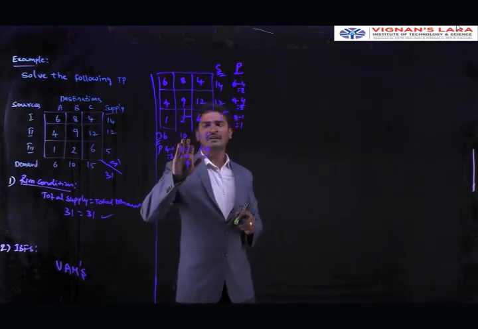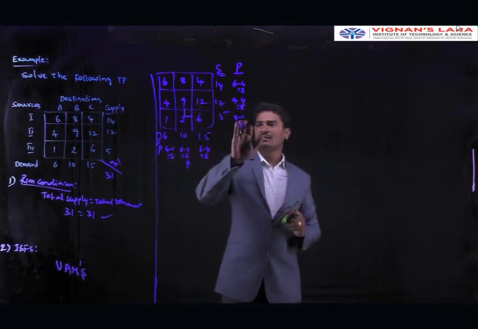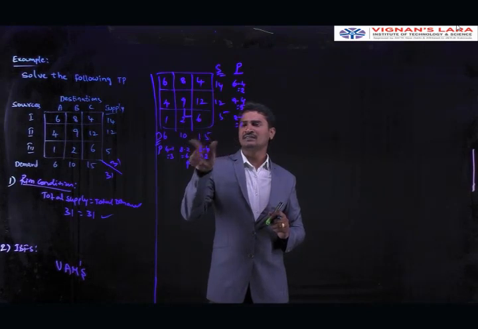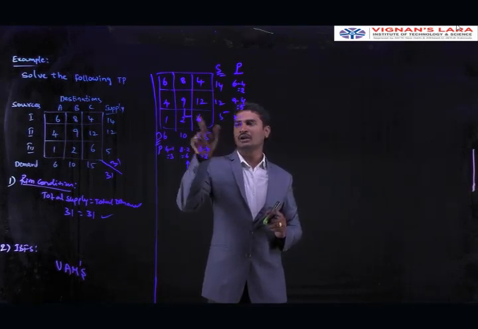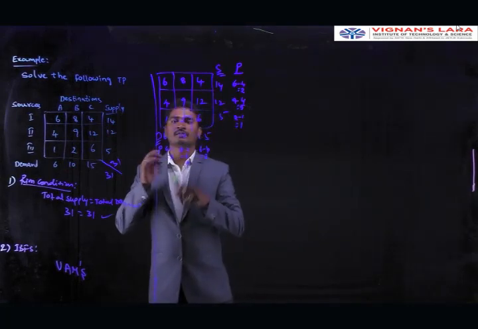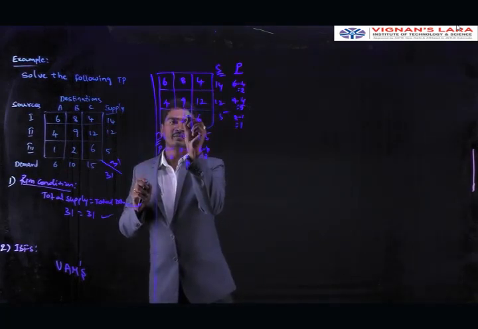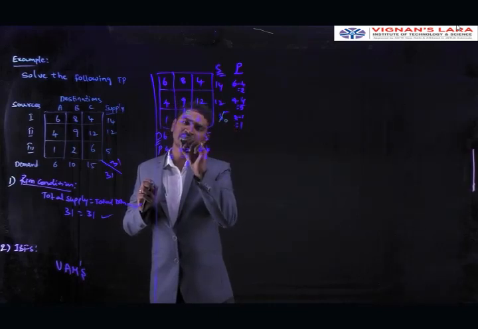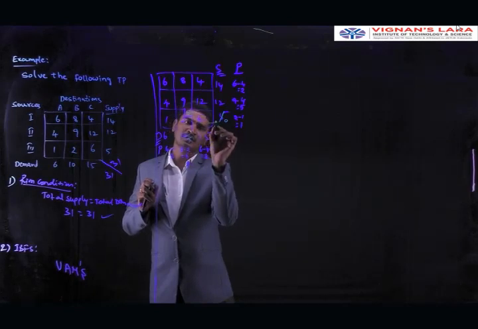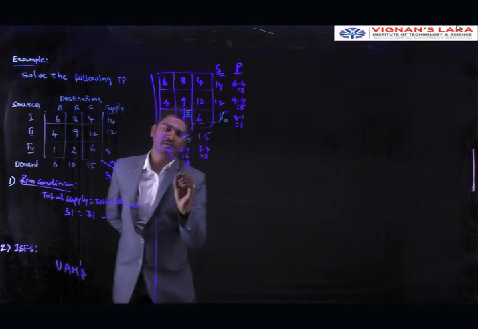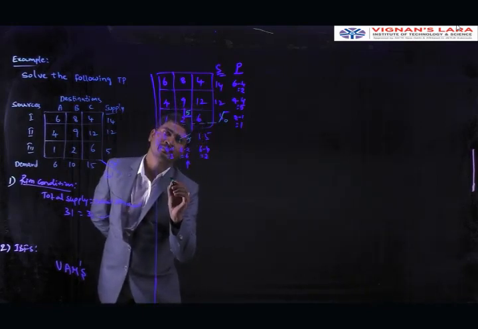Here the demand is 10, then the supply is 5. Which one is the least? Supply is the least, so we are going to allocate 5 units here. Here we are allocating 5 units. After allocating 5 units, the supply is 0 and the demand is 5. For further iterations, we are going to remove this row. After removing this, we are getting